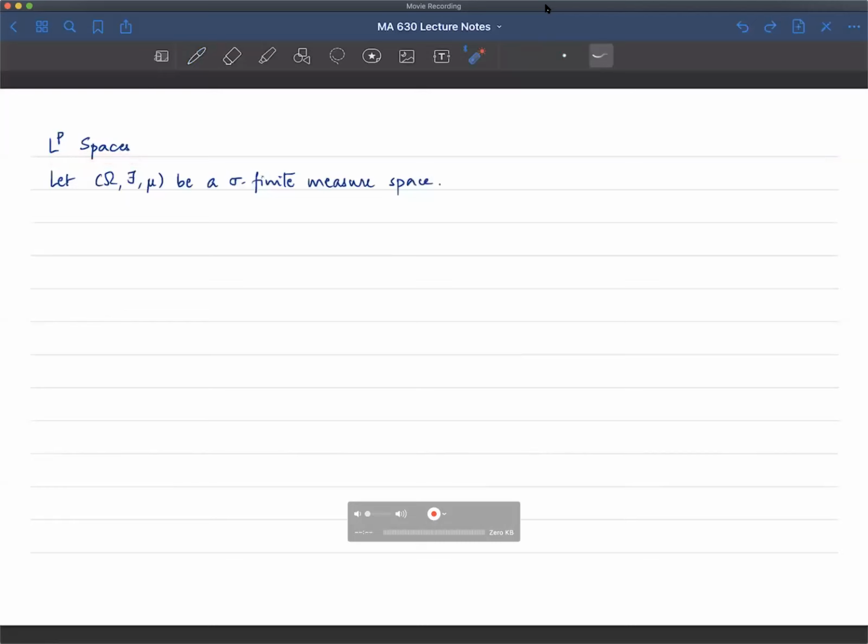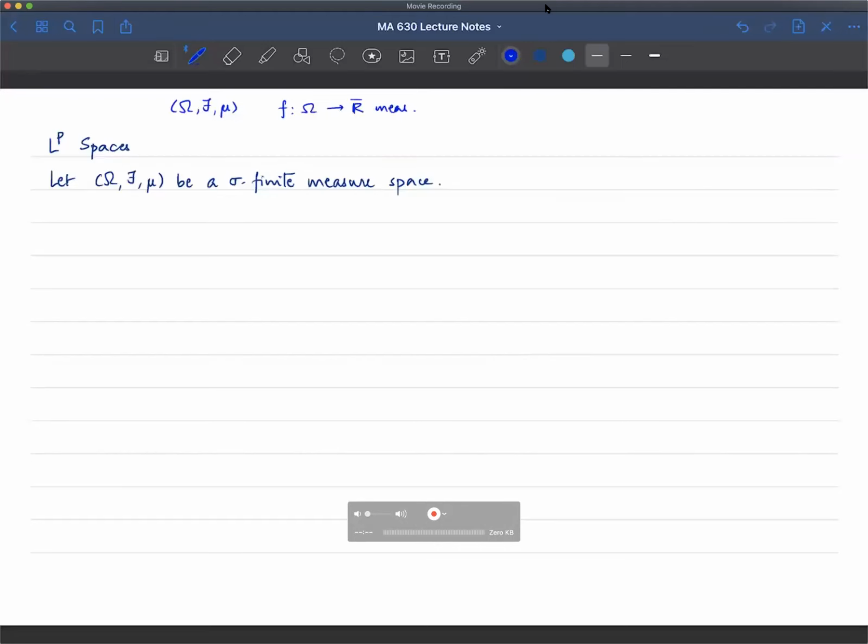Okay, so today I want to talk about L^p spaces. Before I start, I want to mention that you have already seen an L1 space. Remember, I don't know if we explicitly said this or not. Suppose I have (Omega, F, mu), which is a measure space. Suppose I have a function f taking Omega to R bar, which is measurable,